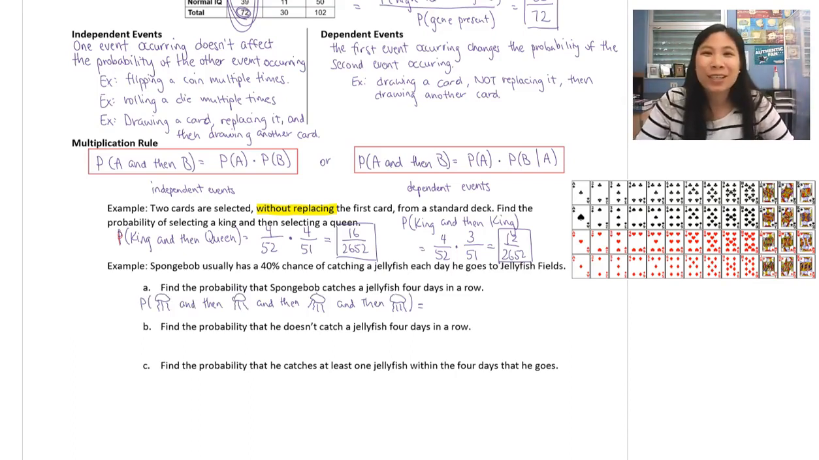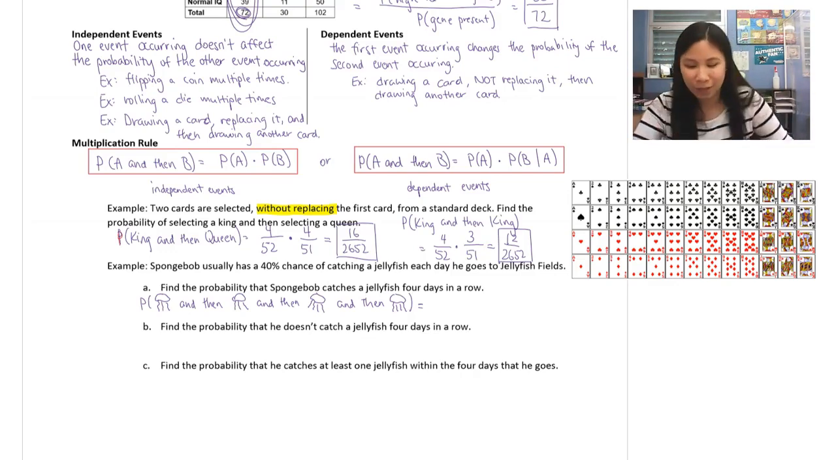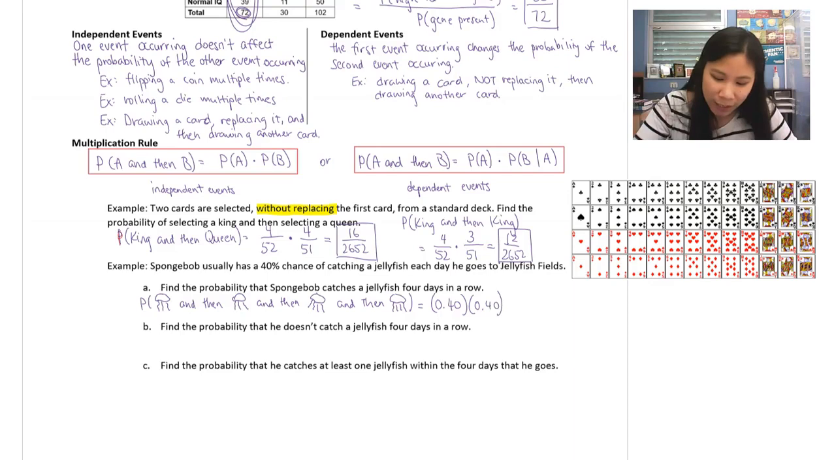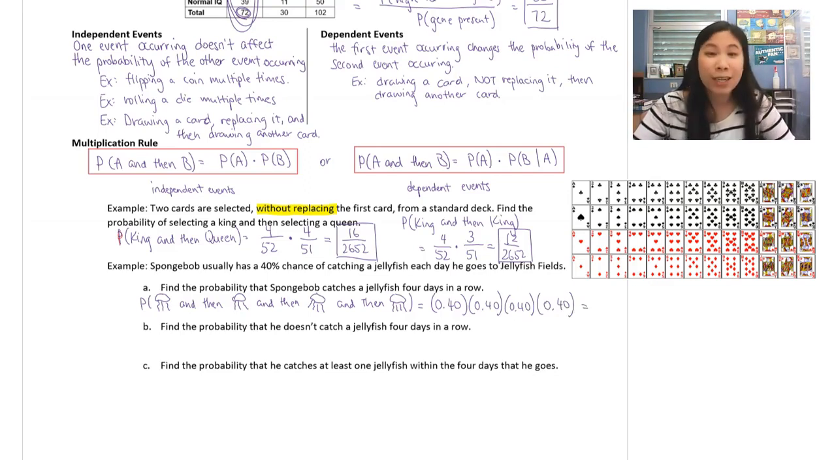And so if he has a 40% probability or 40% chance of catching a jellyfish, then we would need to multiply 40% 4 times in a row. So 40% means we're going to turn this into a decimal first. So moving the decimal place to the left 2 times would give us a decimal of 0.40. So that's the first day. And then 0.40 again for day 2, 0.40 again for day 3, and 0.40 again for day 4. So multiplying that all together, we get